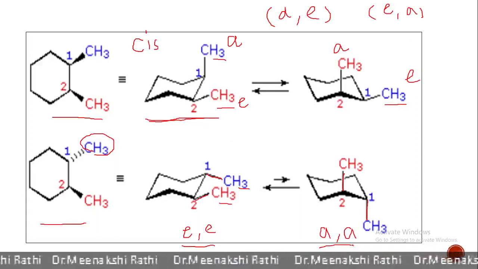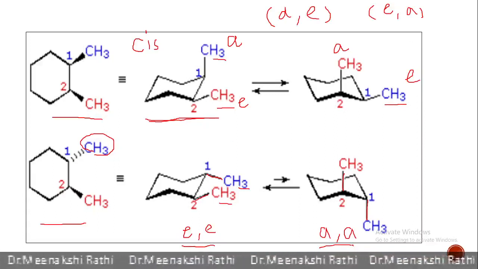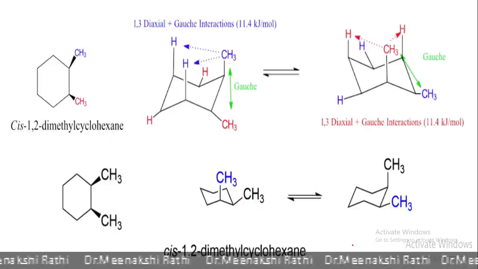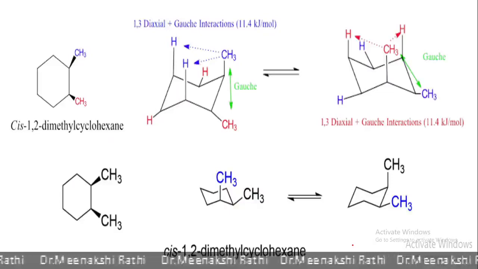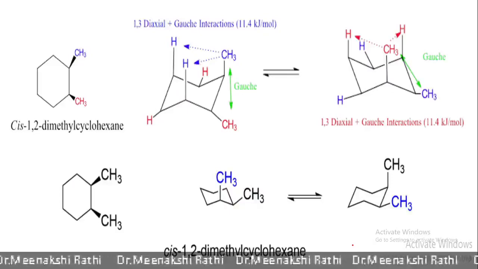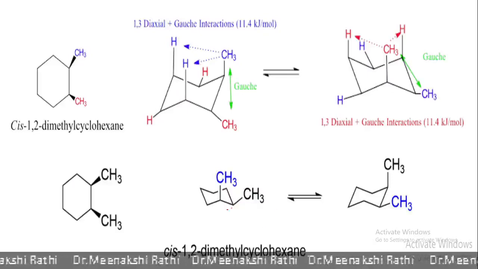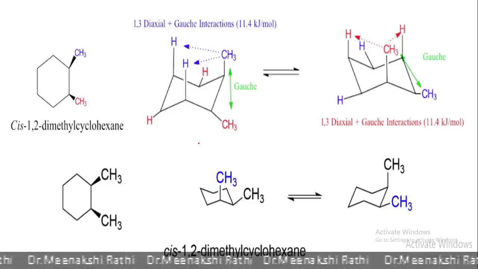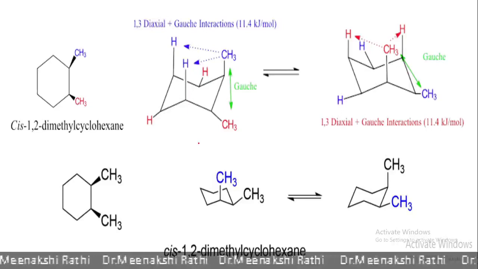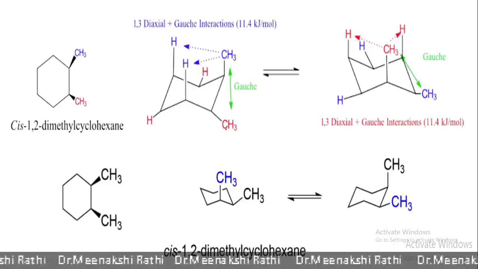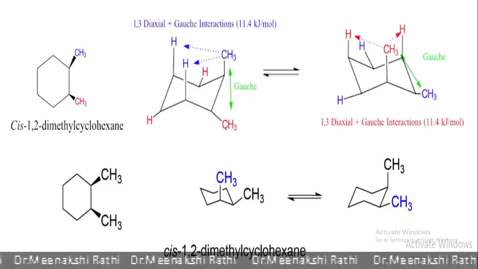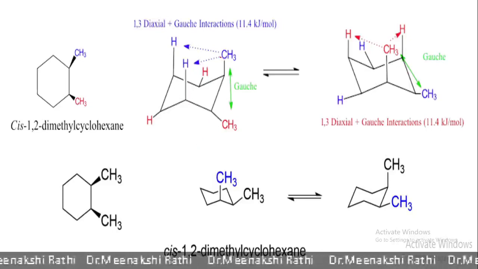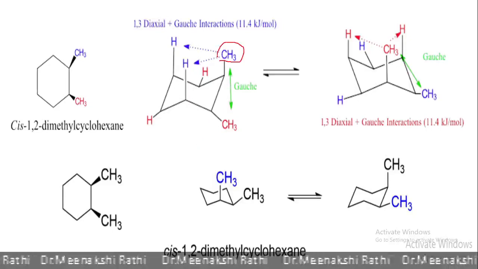Now let's discuss the relative stability of these isomers. In case of cis 1,2-dimethyl cyclohexane, cis means if one methyl group is axial, then the second methyl group is at the equatorial position. They are on the same plane. The methyl group which is at the axial position